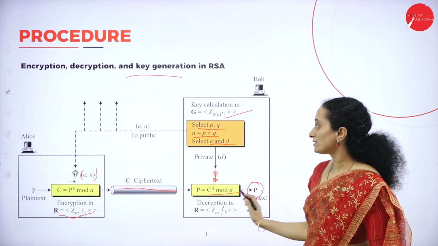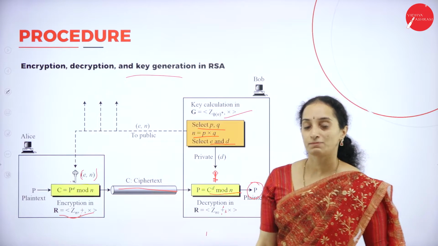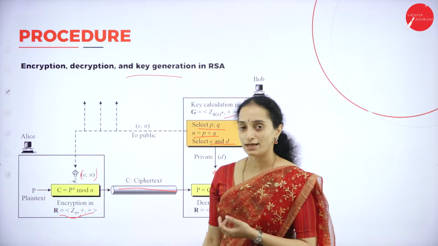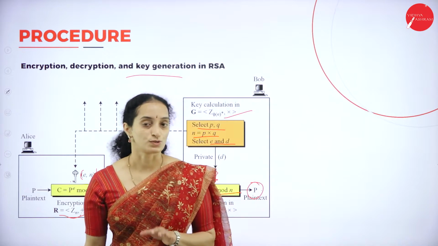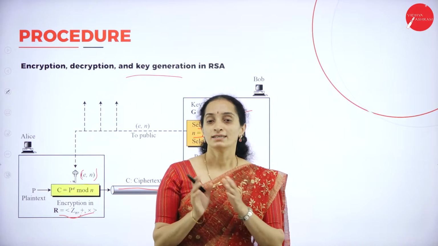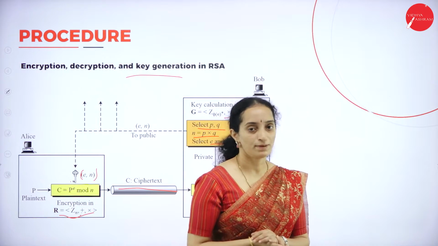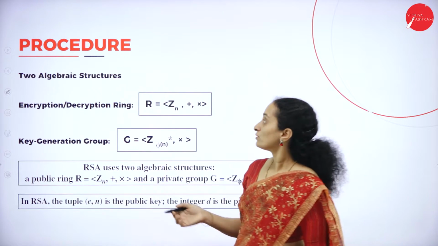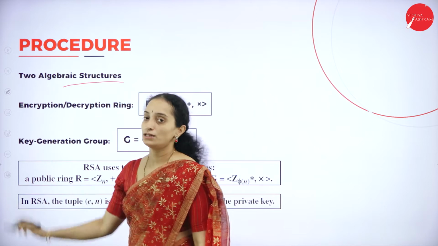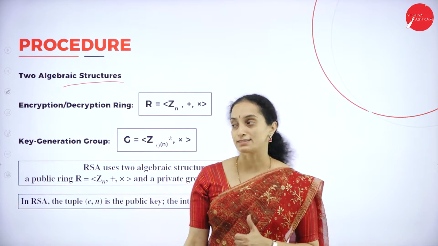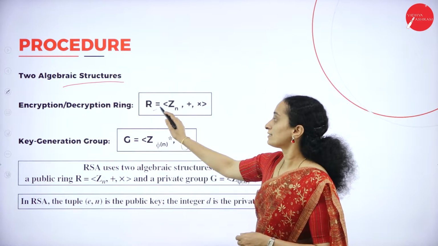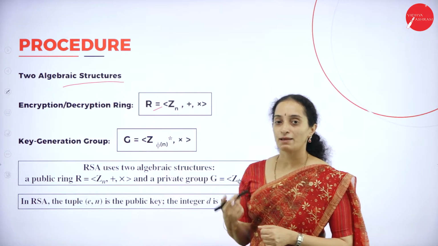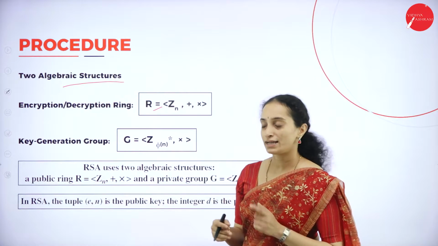Okay, so this is how an RSA cryptosystem is going to encrypt as well as decrypt, from plain text to ciphertext and from ciphertext to plain text. We use two algebraic structures to perform the encryption as well as the decryption. One is the encryption and decryption ring. That means the same procedure is repeatedly calculated to get the